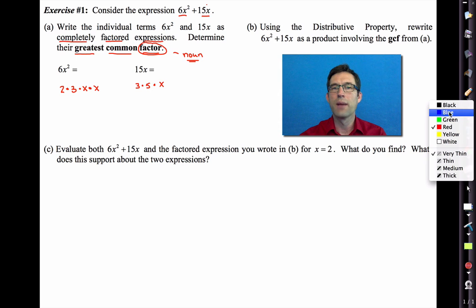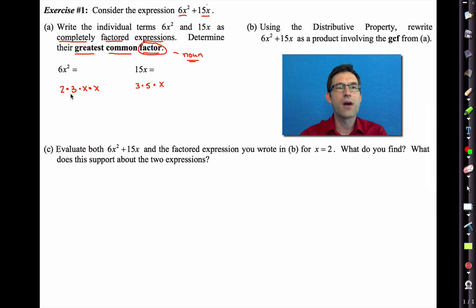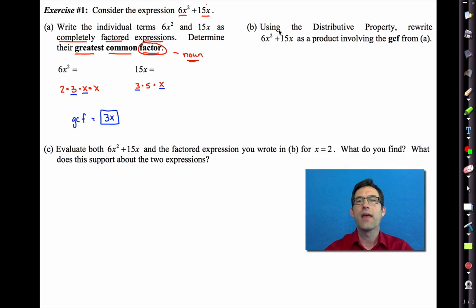So I'm going to grab my blue, and let's find out what's common. That 3 is common, and that x is common. So their greatest common factor, known as the GCF, is 3x. That's not so bad. Now, what I'm going to do in letter B. It says, using the distributive property, rewrite